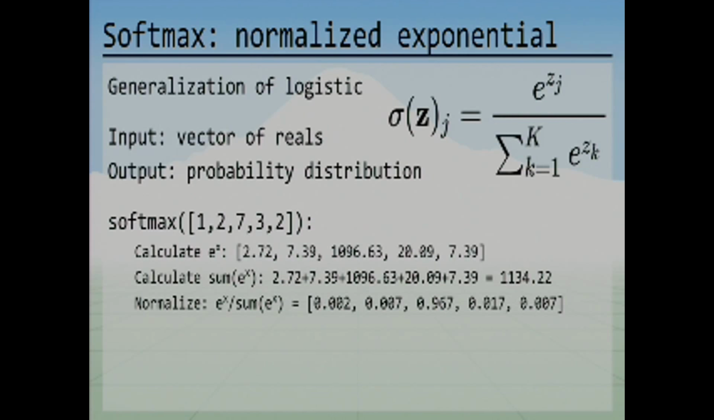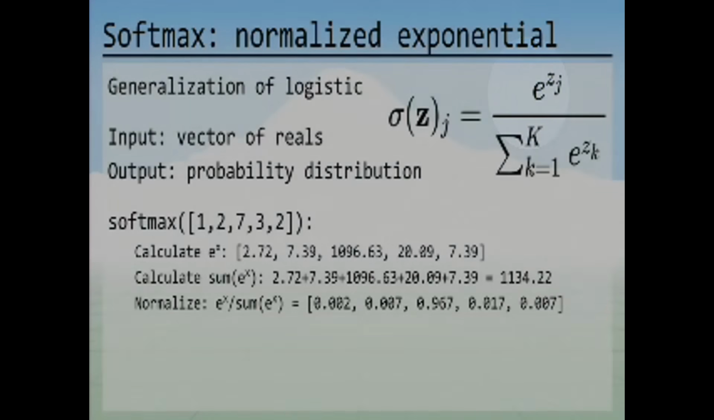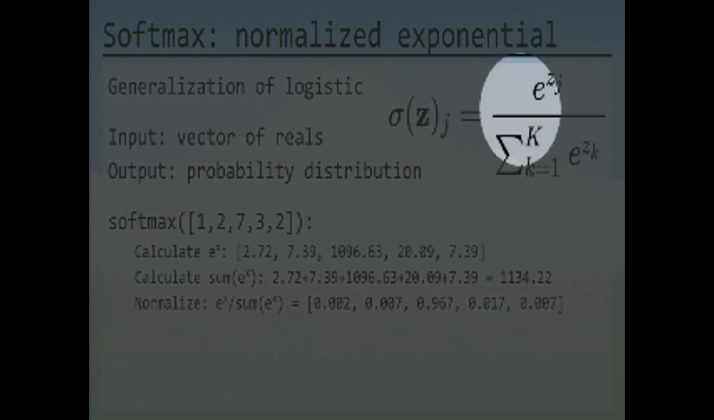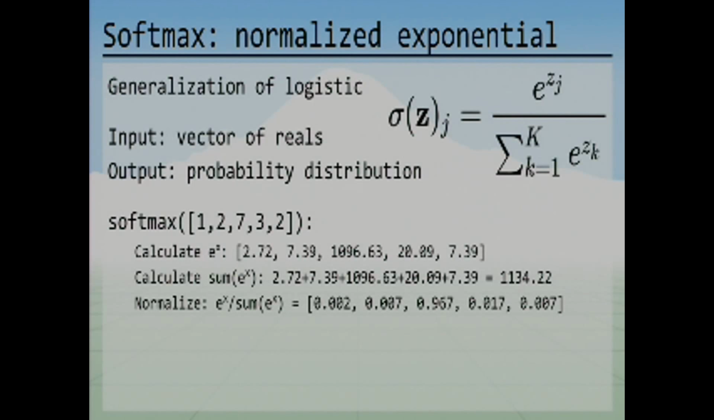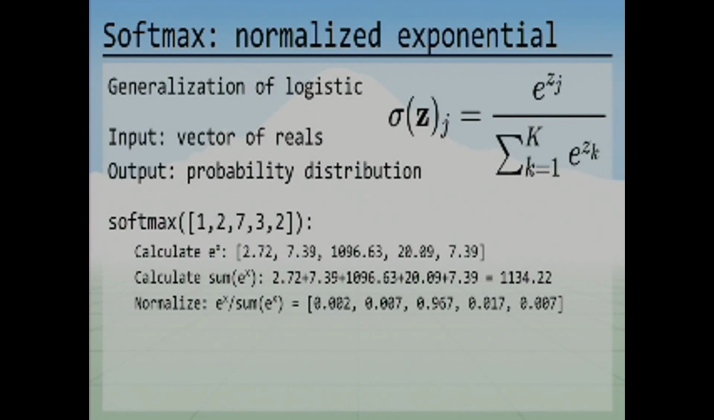How this actually works is we take all of the elements of the vector and calculate e to the power of that element. Then we divide all of those by the sum of the results of this calculation for all of the elements in the vector. For example, say we run some model, and the unnormalized output we get is the vector 1, 2, 7, 3, 2. Softmax calculates e to the x, which gives these results here: 2 point something, 7 point something,